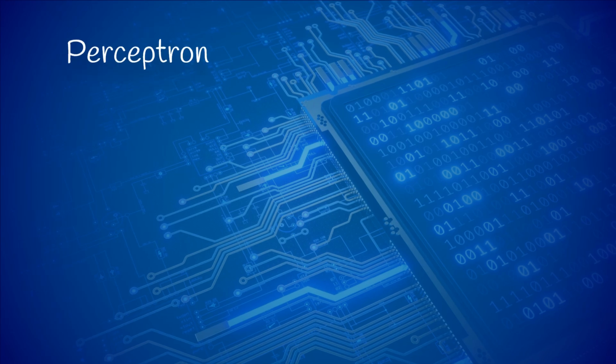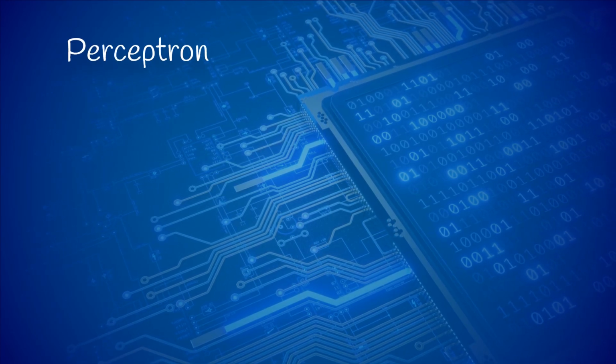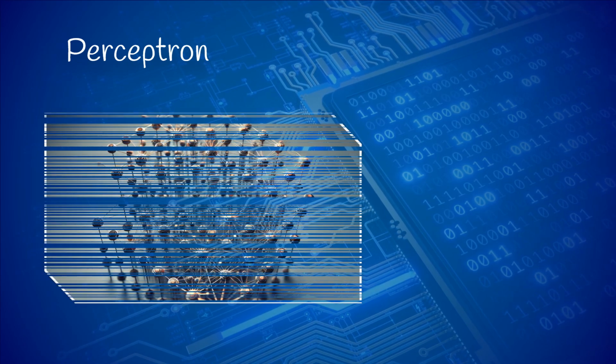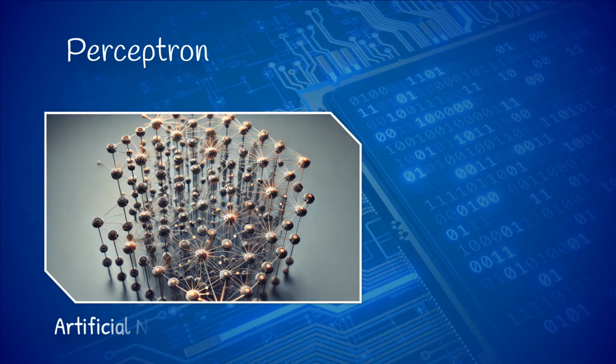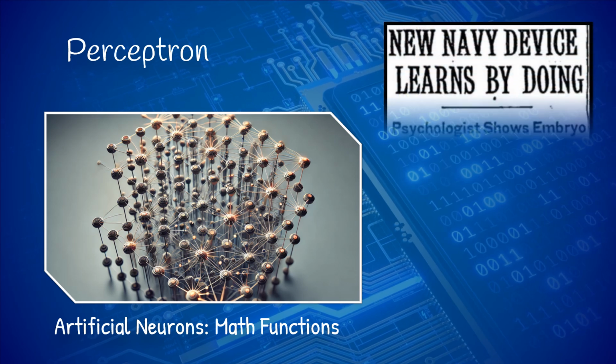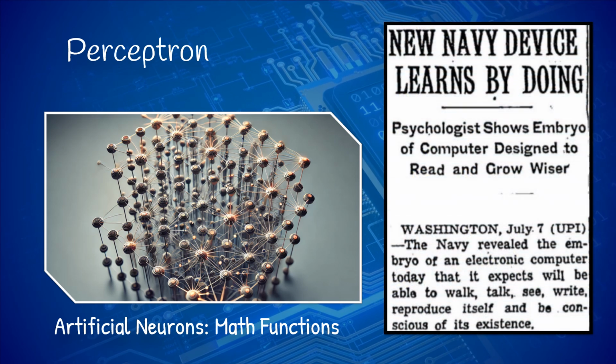Yet back then, the perceptron was praised as a very advanced technology. It was the first algorithm that adjusted the parameters of an artificial neuron, which is a mathematical function, based on data. In fact, a New York Times press release stated that it was the embryo of a computer capable of walking, talking, seeing, writing, reproducing, and being aware of its own existence. They certainly thought of it as AI. Today, we regard it as one of the most basic classifiers.